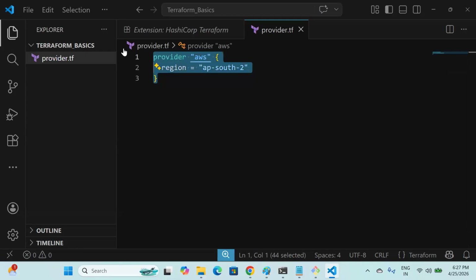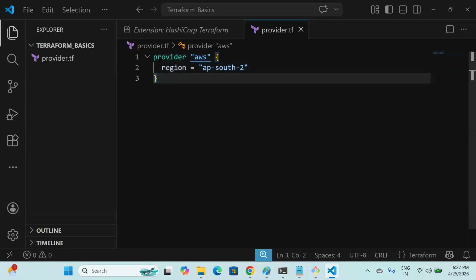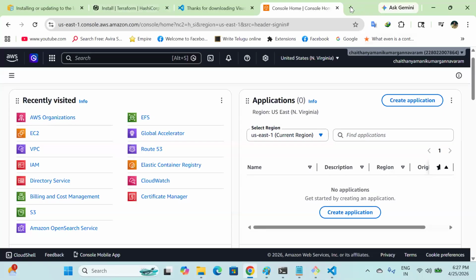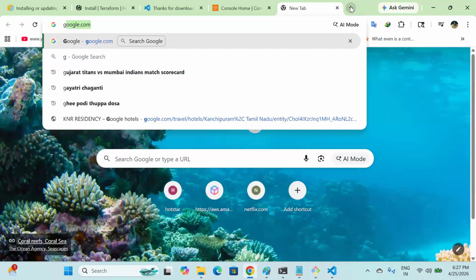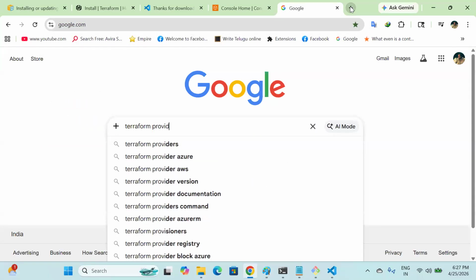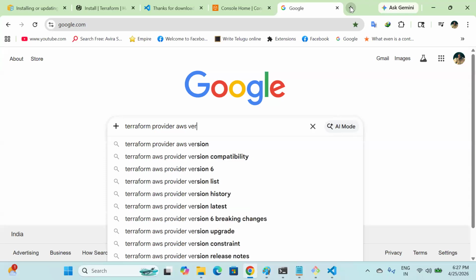The next thing I want to do, in the next step, is to create something. Before I create something, here you can see the AWS provider is there. There will be several AWS versions available. Whenever the resources are getting upgraded, the Terraform AWS versions will keep increasing. For example, if you see the Terraform provider AWS version,